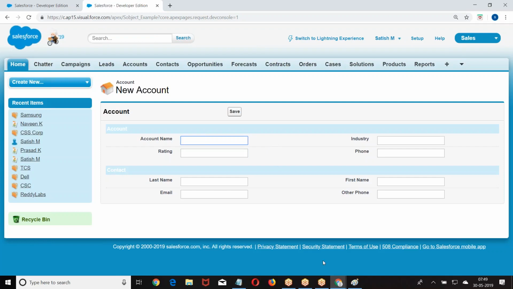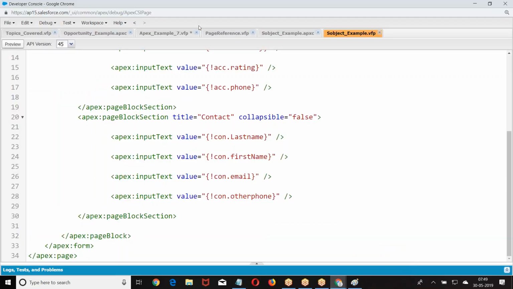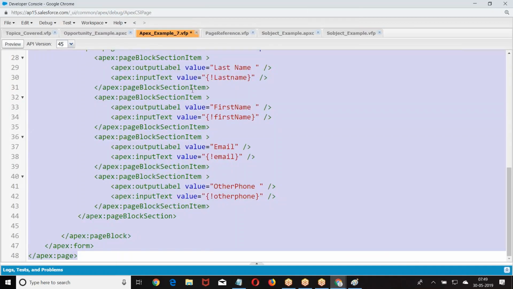In the previous example, I had taken page block, section item, output label. Why? It is not a field from the object, it is a variable. When you are taking a variable, the label will not come. You have to create a label.